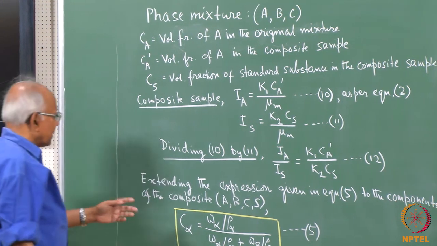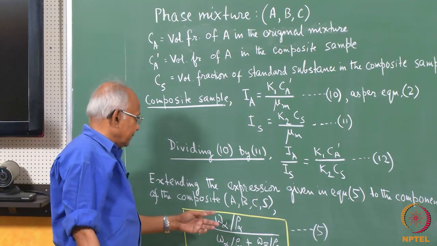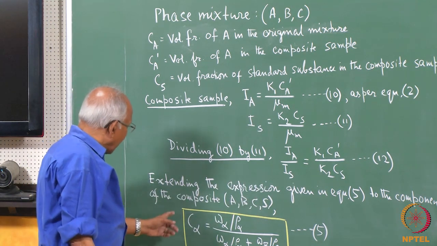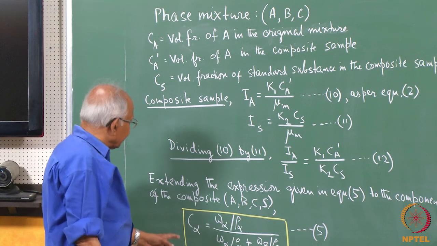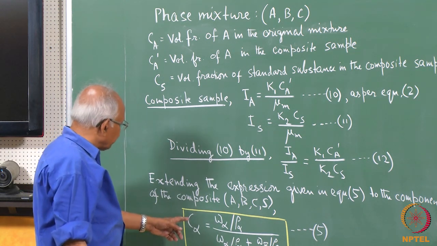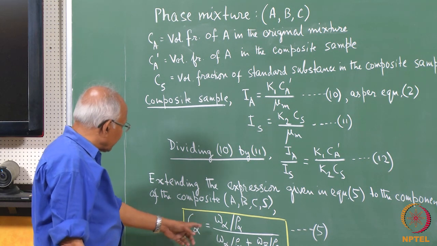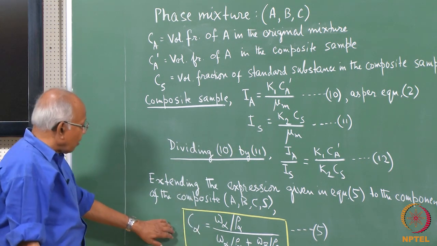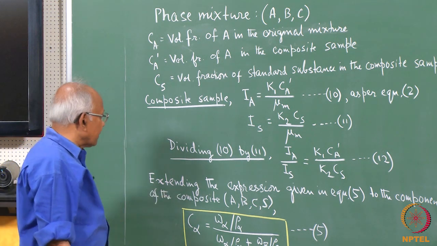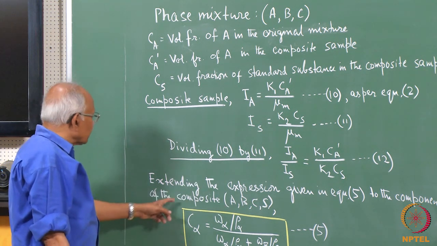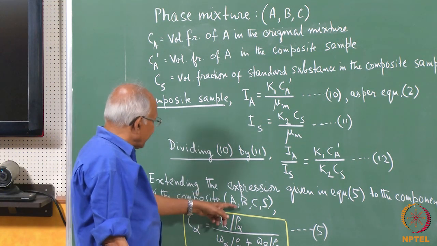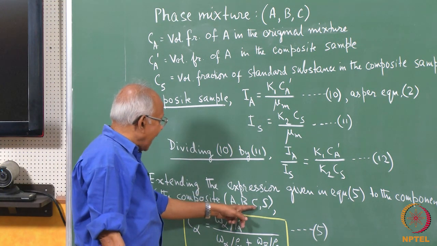Now, we have already seen in equation 5 how to find out the volume fraction of a phase in a two-phase mixture. This is the expression for equation 5. Now, extending this expression to the components of the composite, which we have made up of A, B, C and S,